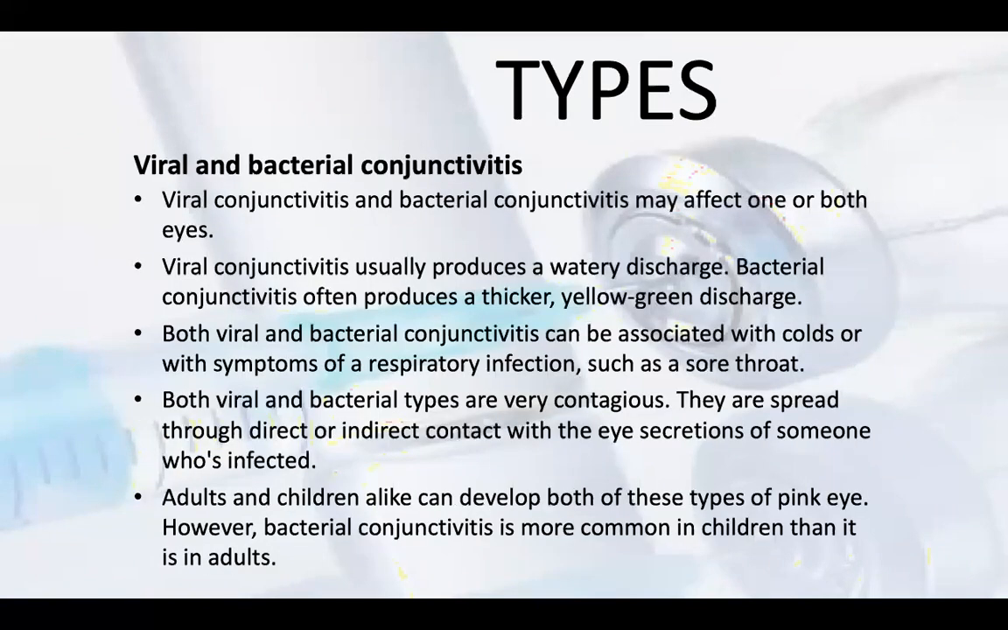Now the types. First, viral and bacterial conjunctivitis. Viral conjunctivitis and bacterial conjunctivitis may affect one or both eyes. Viral conjunctivitis usually produces a watery discharge, and bacterial conjunctivitis often produces a thicker yellow-green discharge. Now the discharge is different. If it is viral, it will only produce a watery discharge, and if it is bacterial, it produces